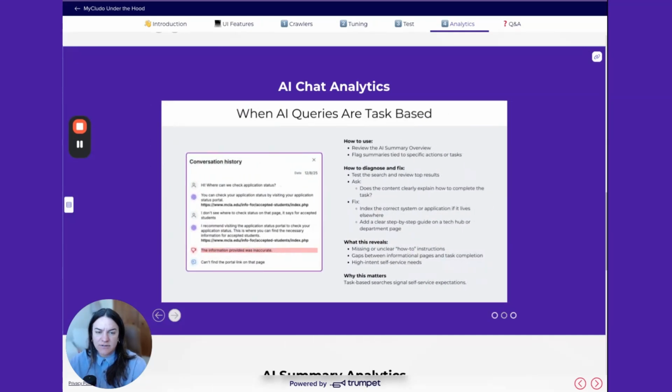And then this last one is an example of where can I check application status. What was interesting is they did give us more feedback. "I don't see where to check status on that page. It says for accepted students." So I think there's a missing landing page, and the answer isn't wrong to say, okay, go into your Common App and check your status. It's just that there's a miscommunication here of how to do that or where that button is. And if there's an explanation on a landing page outside of Common App, that could help alleviate